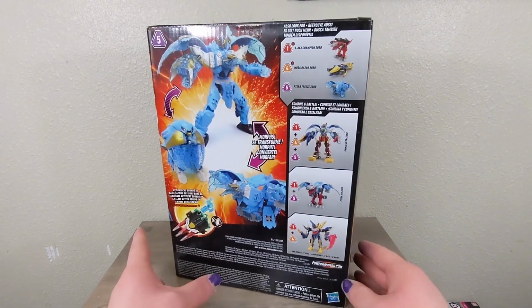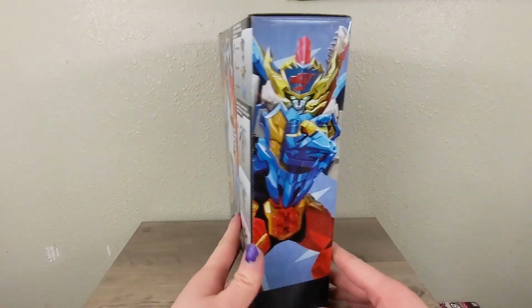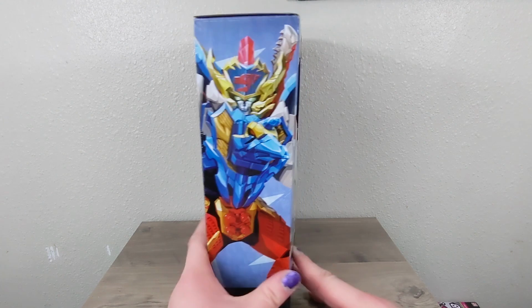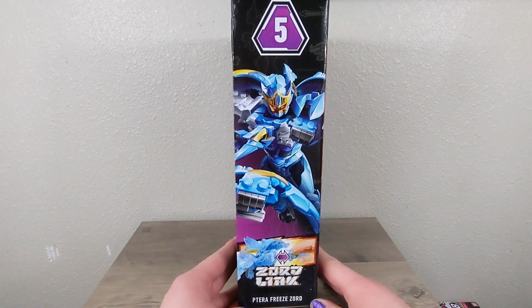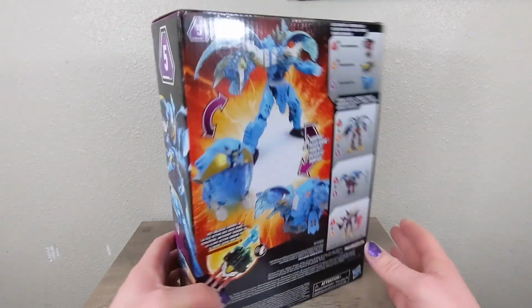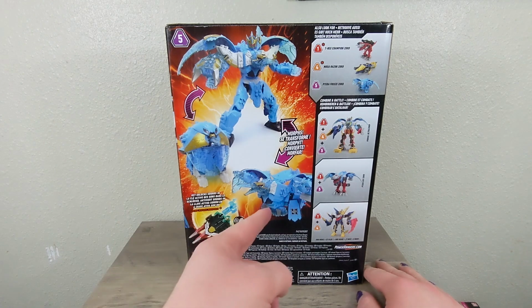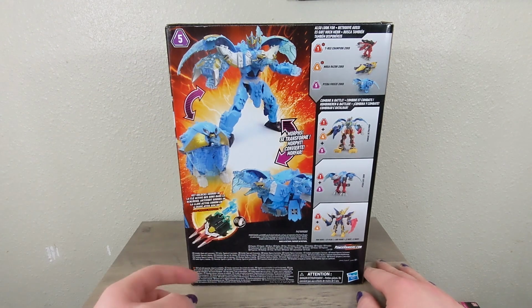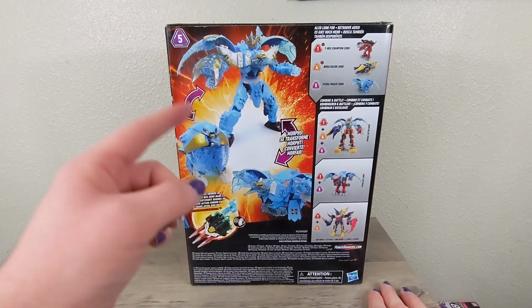Does it even say it? Back here? Yeah, it does. The Primal Ultrazord. So I was right. So there is a picture of the Primal Ultrazord there. On the side, you get the Zord mode, or the Megazord mode of the Ptera Freeze, which looks awesome. On the back, you get the fact that it can do its Megazord mode, it can do its Zord mode, it can do the Egg mode, it can also be used in the Dino Knight Morpher,